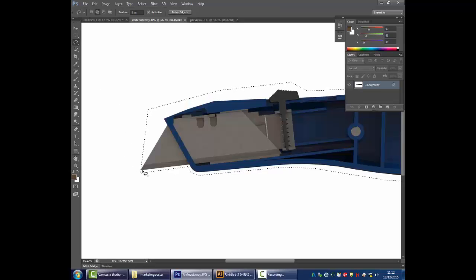You need to press the shift button. You see a little plus icon, which means you're adding to that selection. So then I can hold down Alt as well and just carry on adding to it. It'll create more selection. Or if I hold down Alt before I click, I get a negative symbol, which means